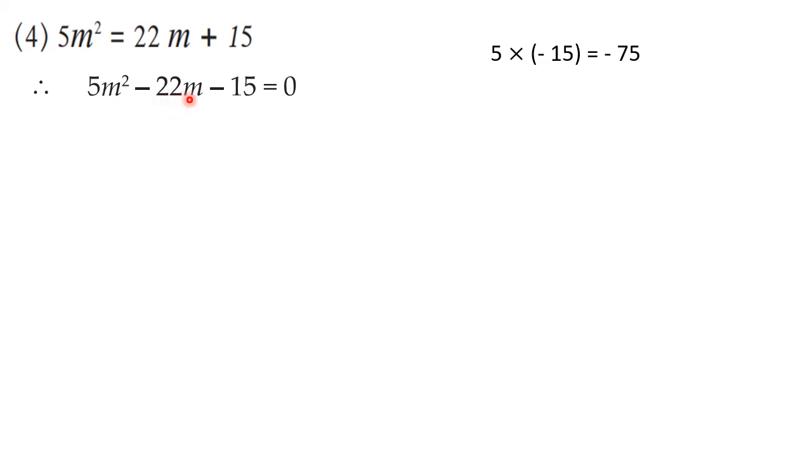So after 22 we have 23, but 75 is not coming in the table of 23. Then next we have 24, not possible. So the next to that is 25. 25 3s is 75 and 25 minus 3 is 22. So our conditions are satisfied. Two numbers whose multiplication is 75 and difference is 22. So the numbers are 25 and 3.